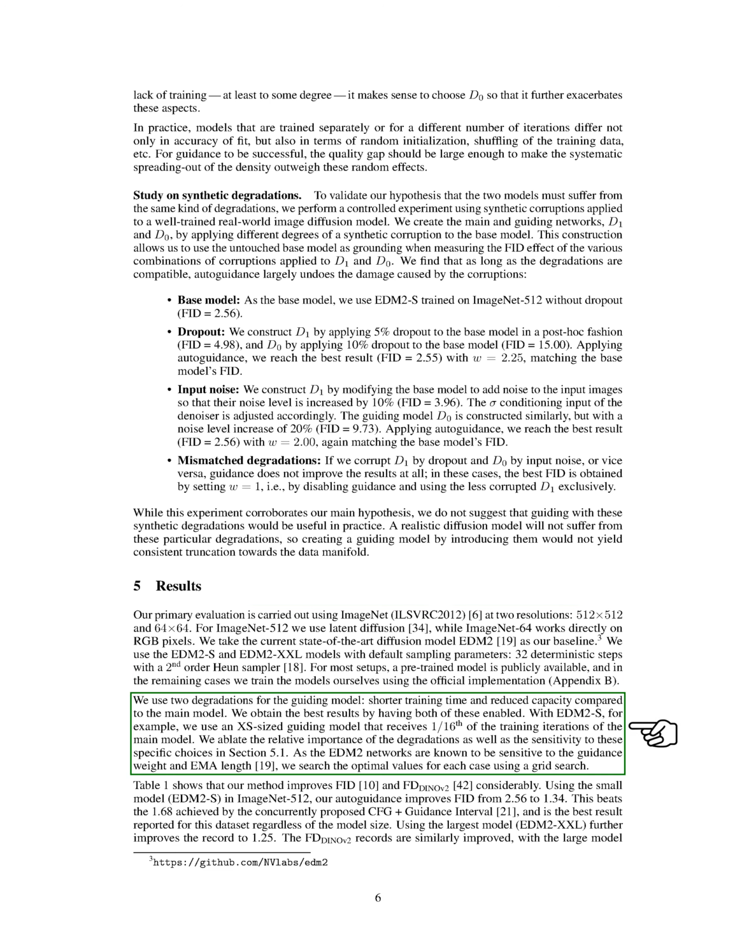By introducing degradations like shorter training time and reduced capacity in the guiding model compared to the main model, we achieved the best results. We also optimized the weight and EMA length parameters for the EDM2 networks using grid search. Our method significantly improved FID and FD-DINOv2 metrics. For instance, with the small model, EDM2-S, in ImageNet 512, our approach outperformed existing methods and set a new record